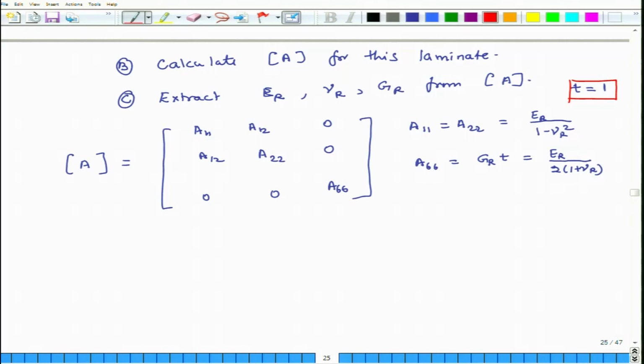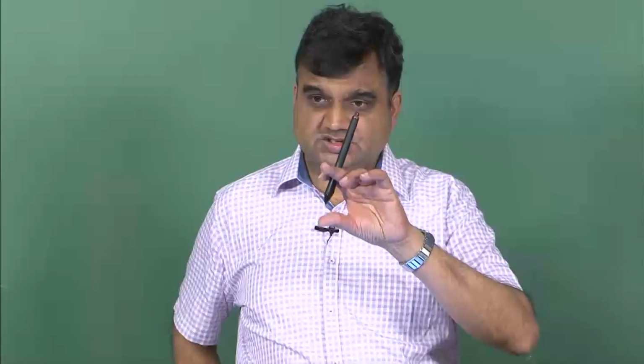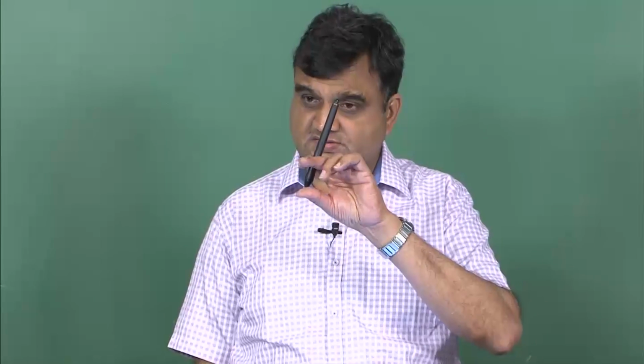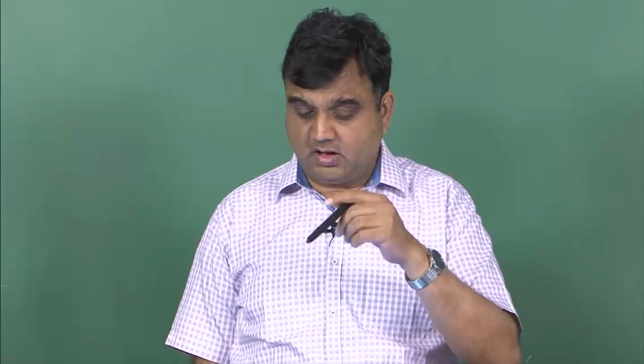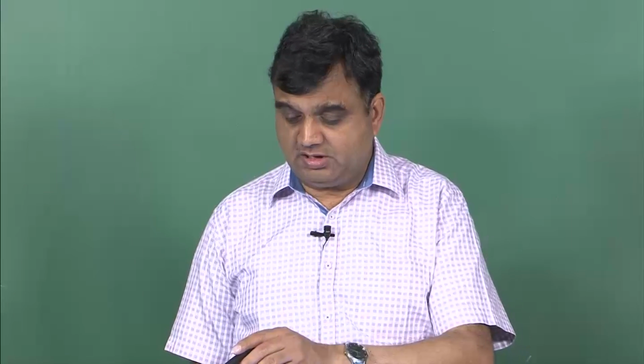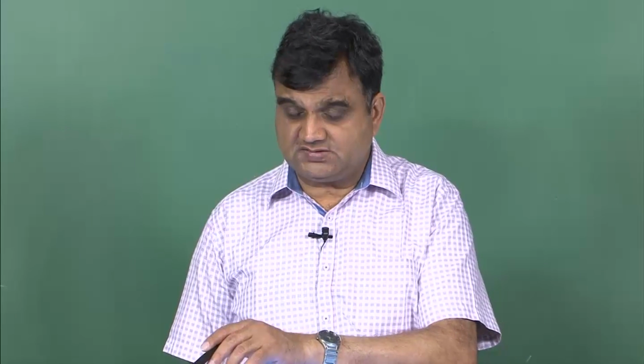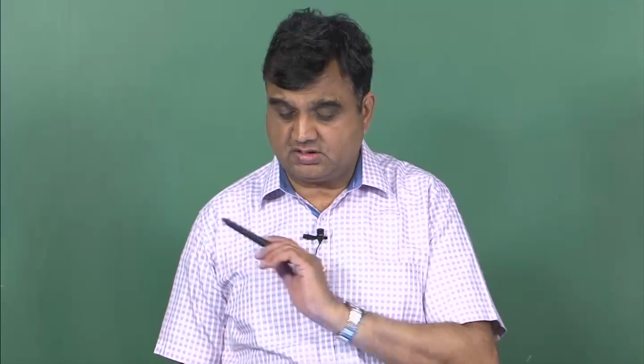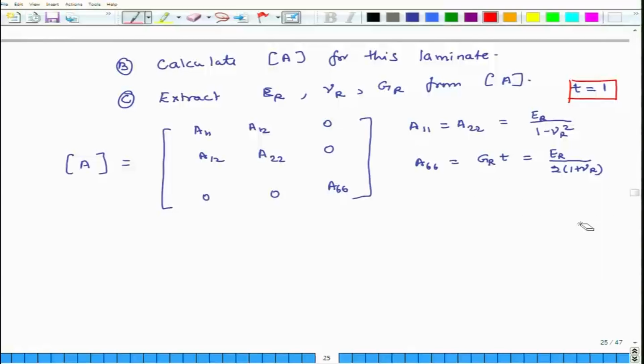Now, if there is a randomly oriented laminate, it has only 1 ply, because everything is randomly oriented. So, the overall thickness of that randomly oriented laminate is unity, and what will be its A11? It will be ER times T, T is 1, divided by 1 minus nu R square, and so on and so forth. Okay. So, GR times T, T is 1, so this T goes away, and